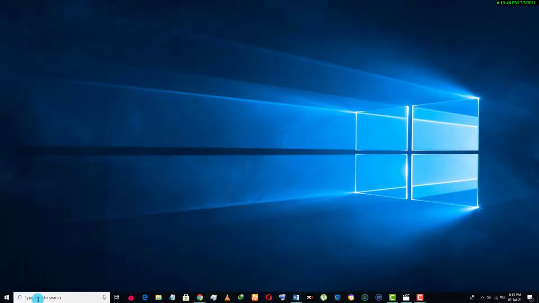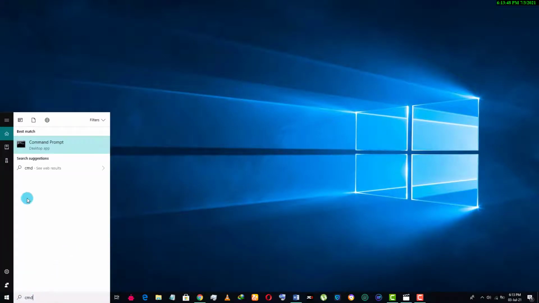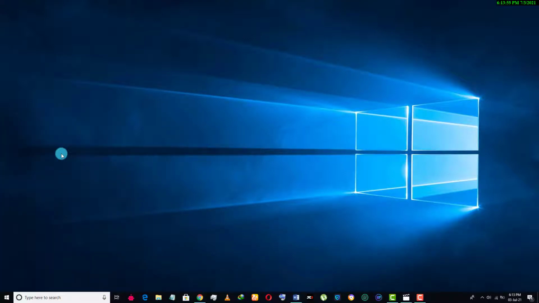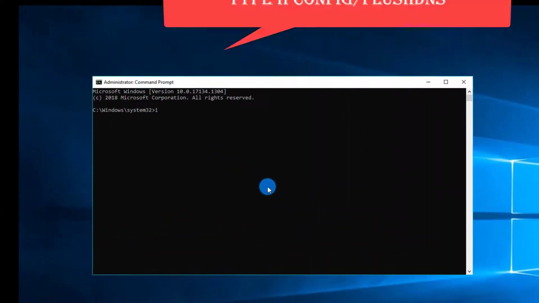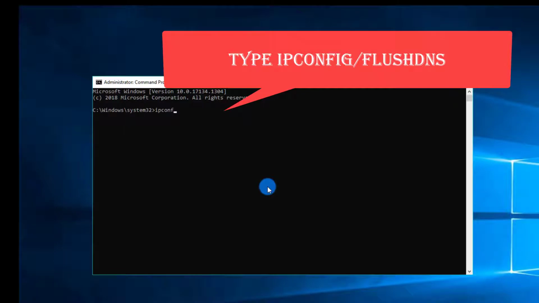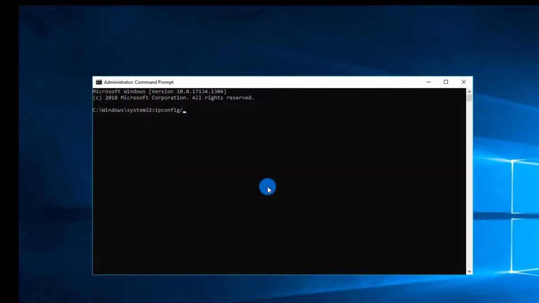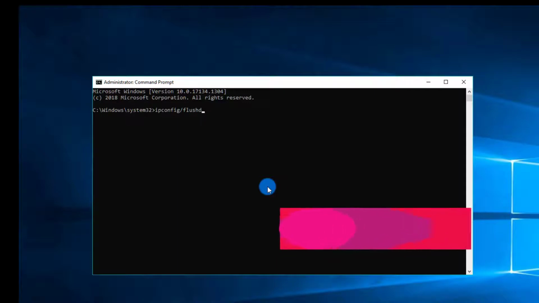Next is to come to command prompt, cmd. You can see the command prompt here. You right click on it, you run as administrator. Here what you need to do is to type in ipconfig /flushdns,